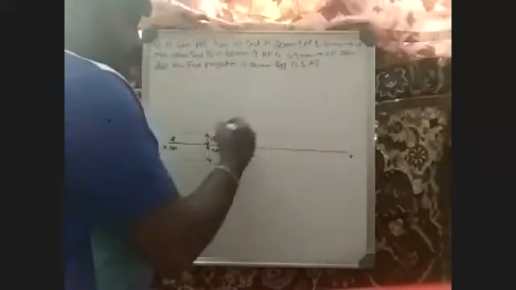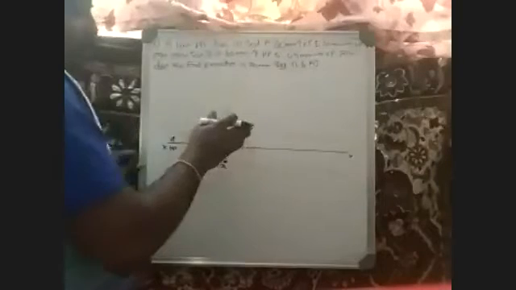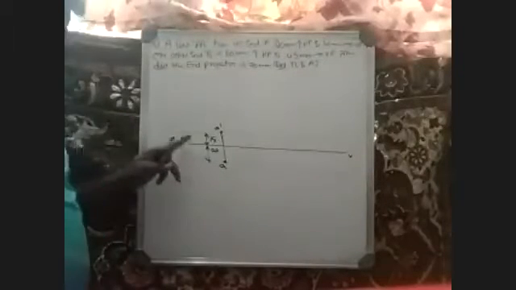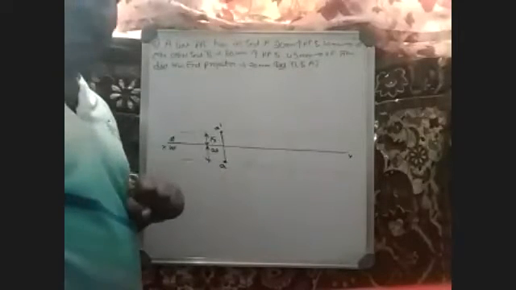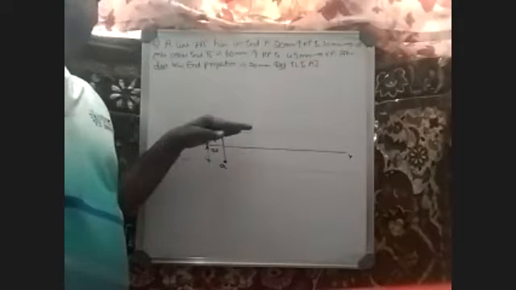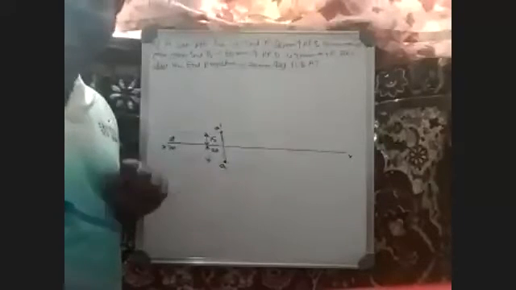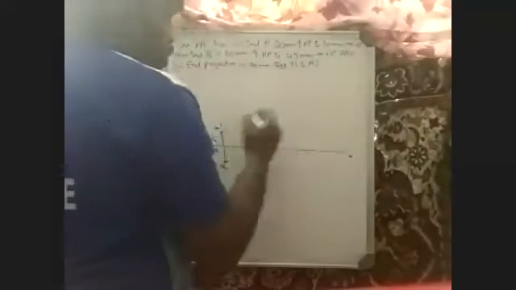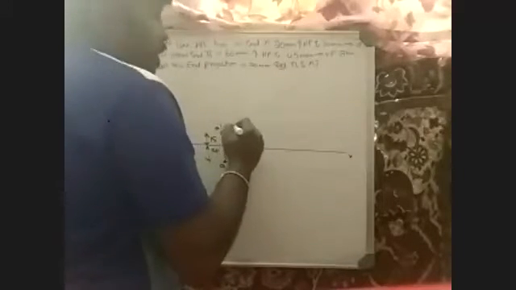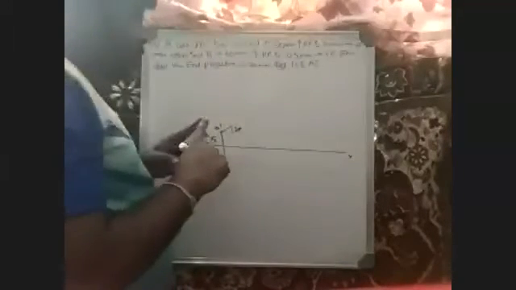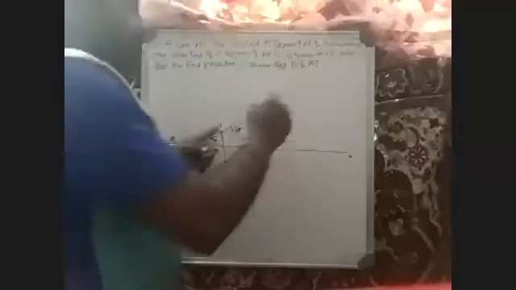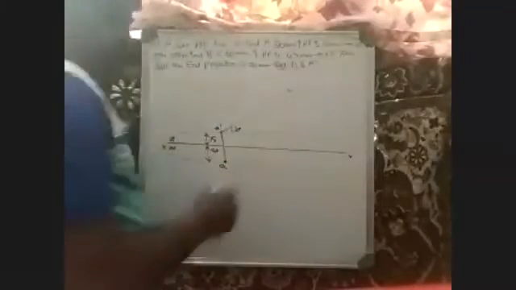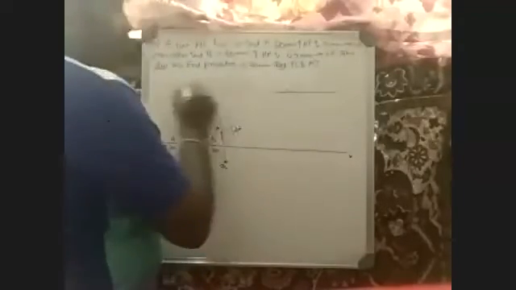Okay, they'll give the line AB has its end A 15 mm above HP, 20 mm in front of VP, which is 80 mm long. The line is inclined 30 degree to HP and 45 degree to VP. So when they say line is inclined 30 degree to HP, we'll draw one line to an angle 30 degree. After, if the length of the line is 80 mm, we will take 80 mm measurement in the compass, take this as the center, we will cut an arc.